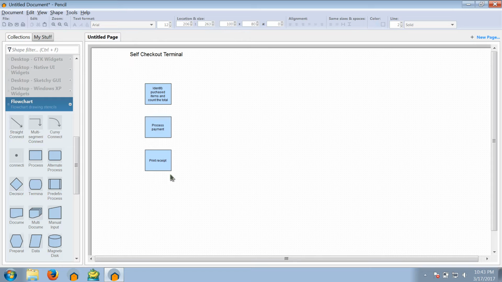Okay, we already identified three processes or three activities here. The next question that we should ask is what kind of data will act as an input for each of the processes, and what kind of data will be produced from each of the processes. Let me say it again. The next thing that we need to identify is what kind of data is required to do each process, and what kind of data will be generated by each of these processes. For example, identify the purchase item and count the total. The data is